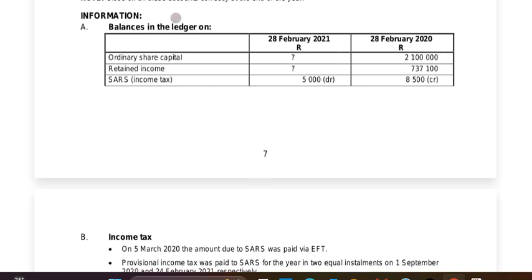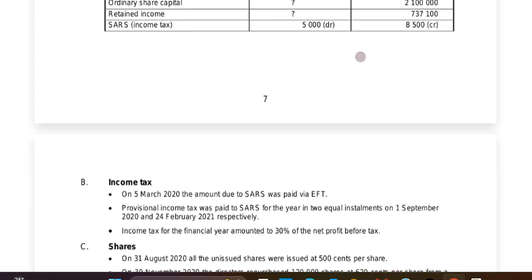Okay. So now, first off, the information gives balances on the ledger on the 28th of February 2021 and 28th February 2022. This is the end of year date for this year, and this is last year's end of year, which means these balances are our opening balances, or balances at the beginning of the year, because they are last year's end of year balances. Then we have our income tax here, and our information on income tax is that,